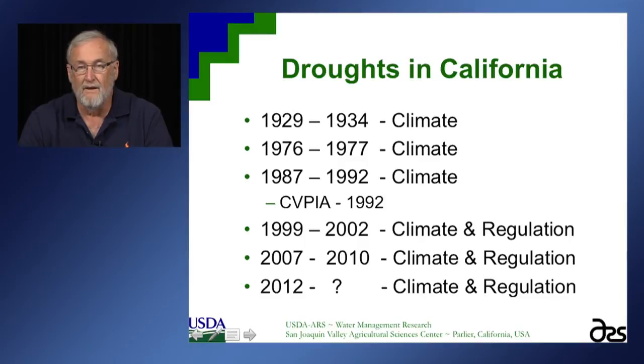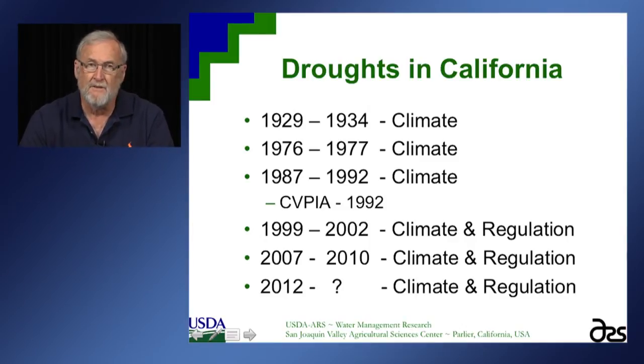And here, if you look down through the list, you can see that climate is a way of life in California. It's not going to go away. It comes back fairly regularly. Now, back in the 20th century, there was a long period between 1934 and 1976 where there wasn't a drought. But after that, you see we have droughts fairly regularly on a 5 to 10 year basis. And the duration could be anywhere from 5 to 10 years between the two of them.